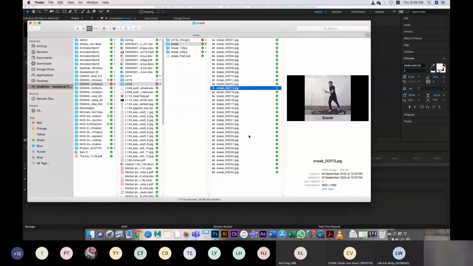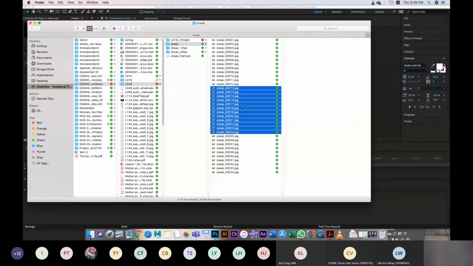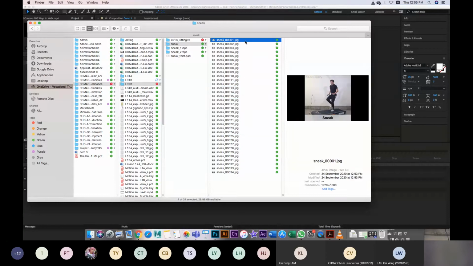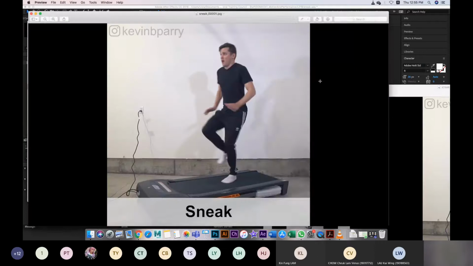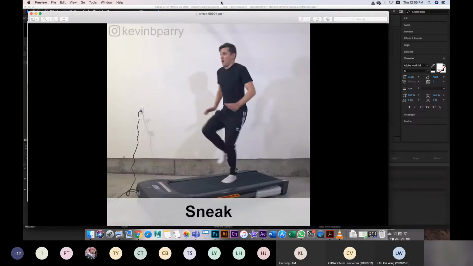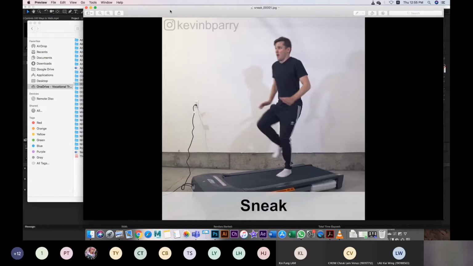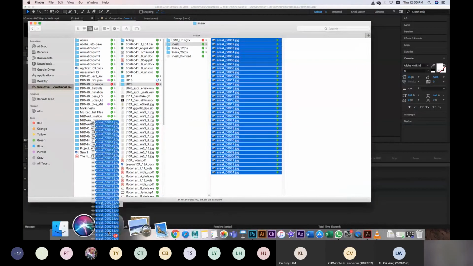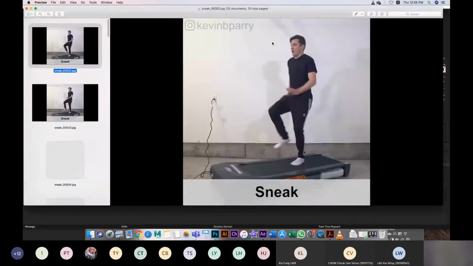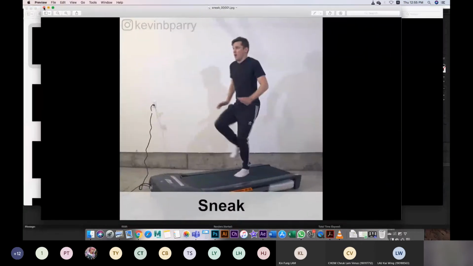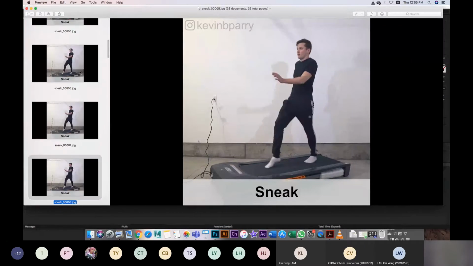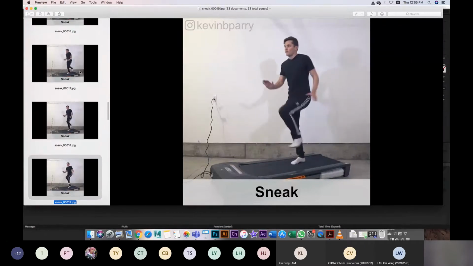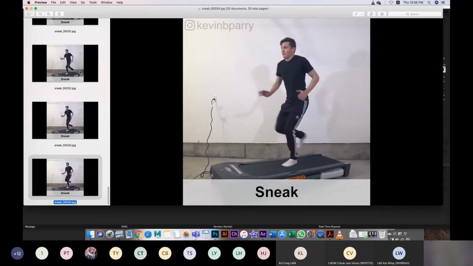about 1 second. Okay, and this is the motion in the second, from 12 to 24. So you can see that we can check the motion frame by frame. Okay, so once you have exported, you will see this is my motion, and then I can read it frame by frame. Okay, so you can see that I can use my up and down arrow to focus on the motion